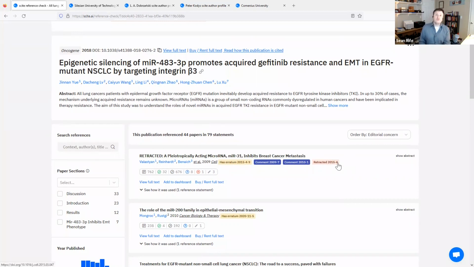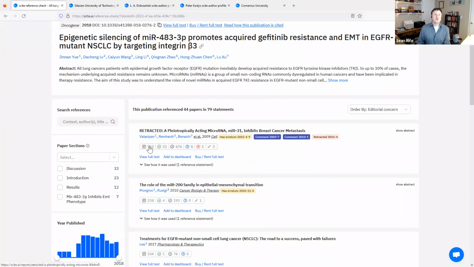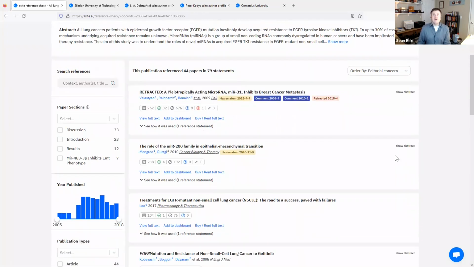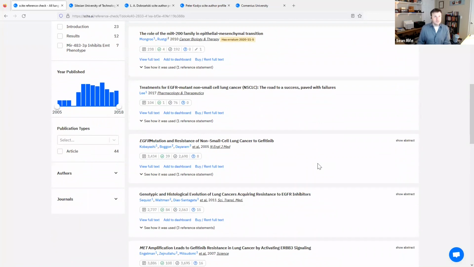Again, there may be reasons to cite retracted work, such as talking about why it was retracted, but it may also be the case that users don't know that a work was retracted. So it will highlight that. It will also break down your reference list and show you how the things you're referencing in your paper have themselves been cited. It gives you the total number of citations, and the supporting, mentioning, and contrasting citations for everything in your reference list.